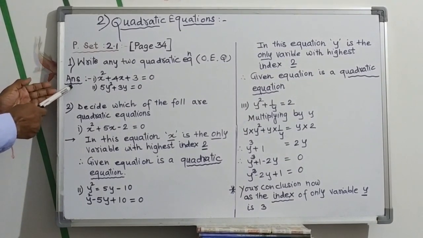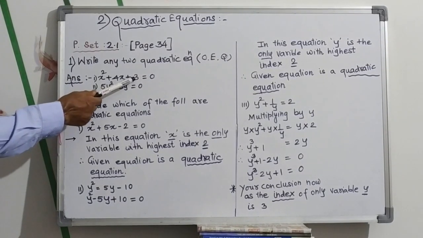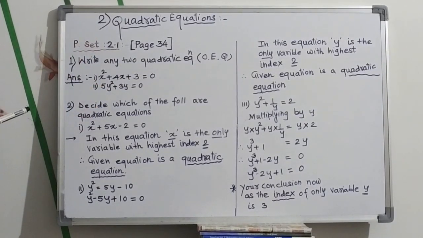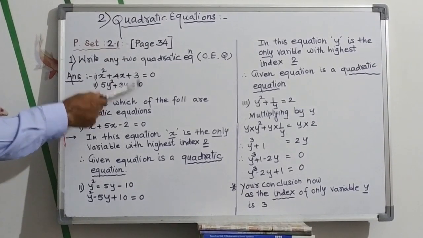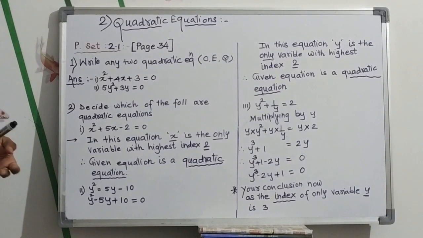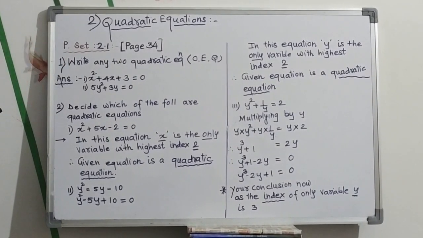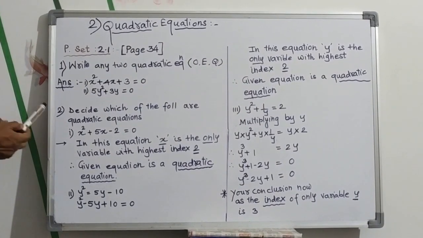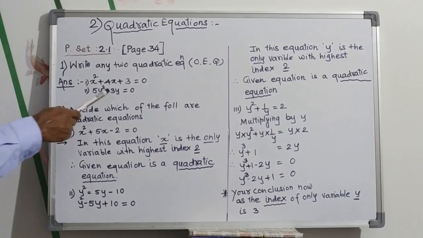So here I have written one quadratic equation as x square plus 4x plus 3 is equal to 0, and another one 5y square plus 3y is equal to 0. You can choose any other quadratic equation of your choice because it is an open-ended question. Now the second question is decide. You have to decide which of the following